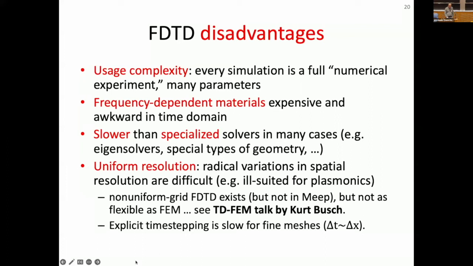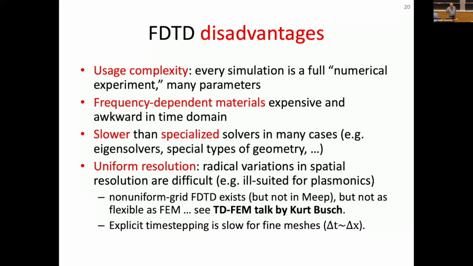Another issue is that even if you have a non-uniform mesh, if you're doing explicit time stepping, technically the time step has to be proportional to the spatial resolution. So if you need an extremely small spatial resolution in some region of space, then you also need extremely small time steps for stability. And there are ways around that. You mix implicit and explicit time steps, but they start making things more complicated. And then as methods become more complicated, it's harder to put in complicated materials and other things you might want to